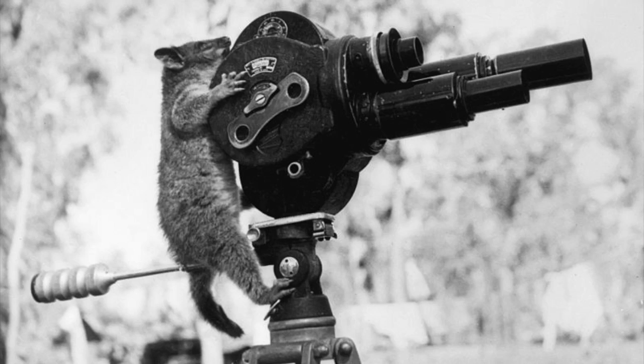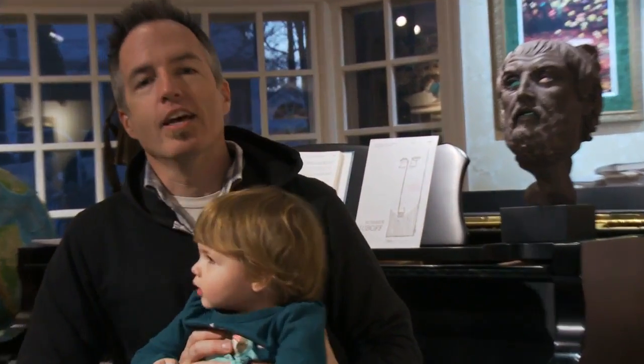Depth of field. That means that some things are in sharp focus while other things fall into soft. The big movies do this because they have really expensive lenses, but if you're on a budget, you can take a consumer camera and you can zoom in, and this will give you